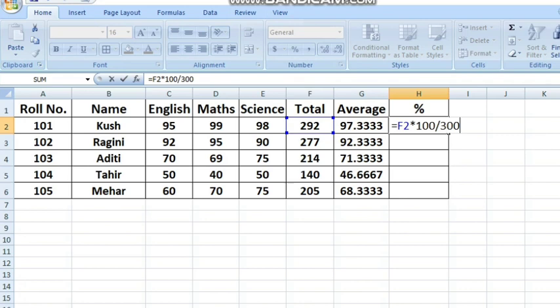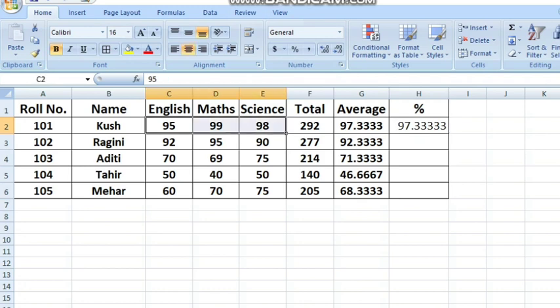Alright, and suppose your periodic test marks are out of 10, then you can write 30. So you have to analyze how the marks are given here, and then put the details over there like the total number of marks. If the marks are out of 50, then it will be 50 into 3, 150. If the marks are out of 100, it is 300. If there are 5 subjects, it will be 500.